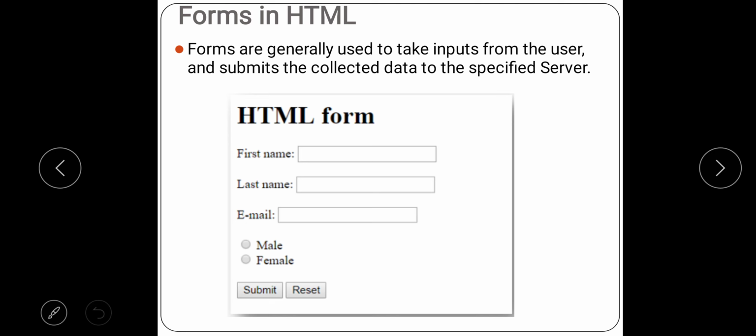So we will see what is a form. See, generally a form has got some elements where the user inputs the asked data, and after filling the form or all the details, he clicks on some submit button, which then submits this data to the server, right?